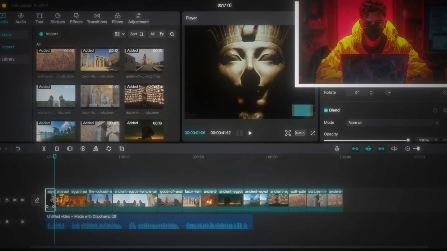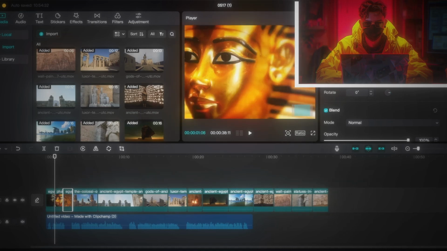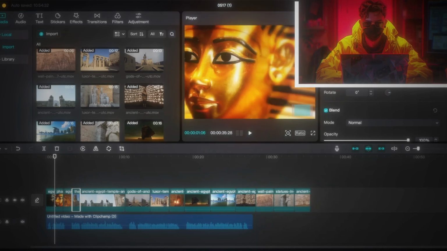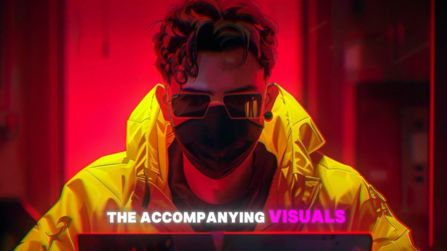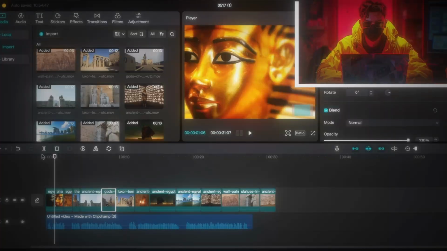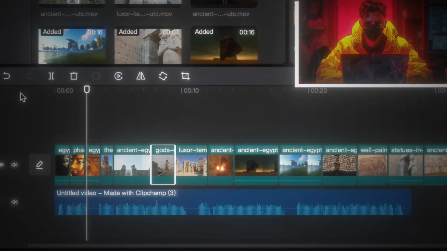With the visuals in place, I'll go through the timeline to make sure the clips flow smoothly and fit with the AI narration. For example, if my voiceover mentions the rise of Egypt's mighty empire, I'll ensure that the accompanying visuals emphasize that theme. At this stage, my main goal is to create a clear, aesthetically pleasing video that keeps viewers